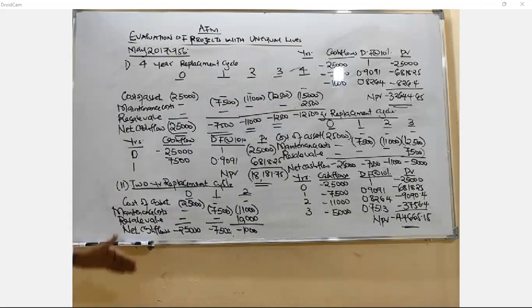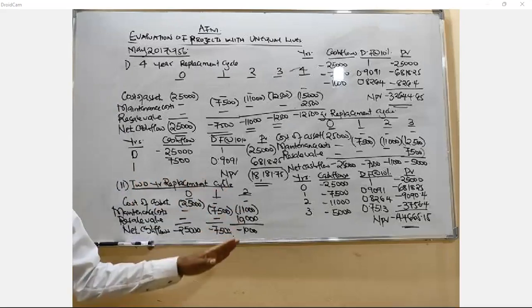Now, what we are doing right now, when you are reselling the machine and you are calculating, for example, the 2-year replacement cycle, you're not going to be saying, can I capture the resale value for year 1? Then when you are reselling at year 1, it means you cannot reach year 2, because